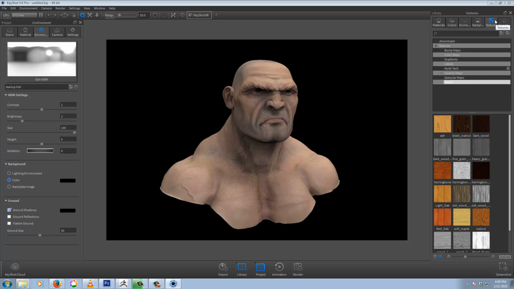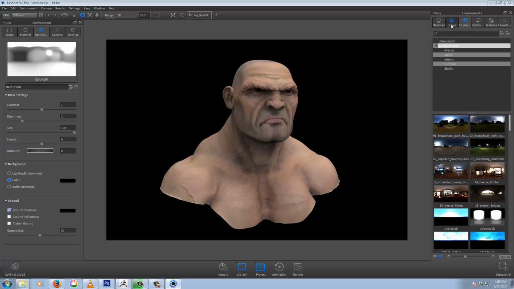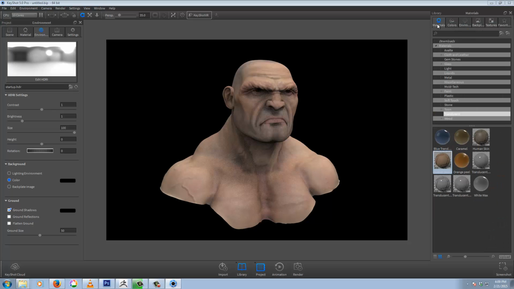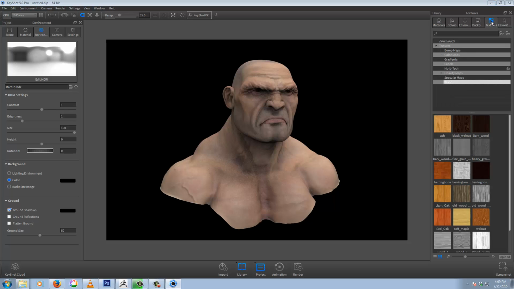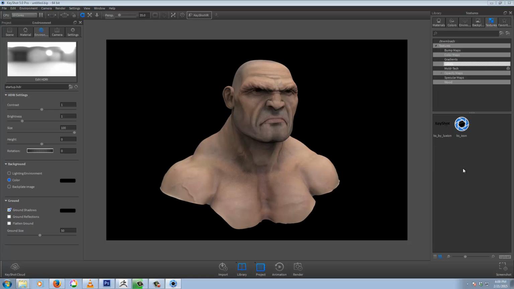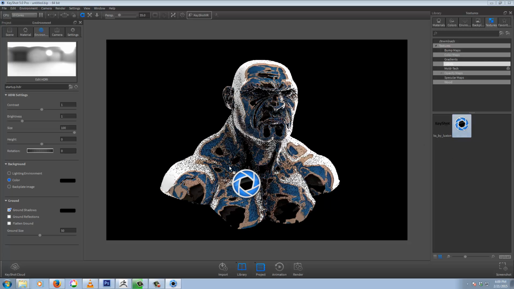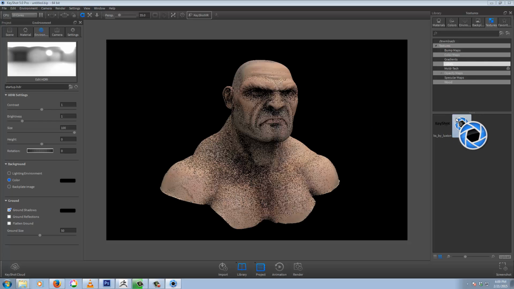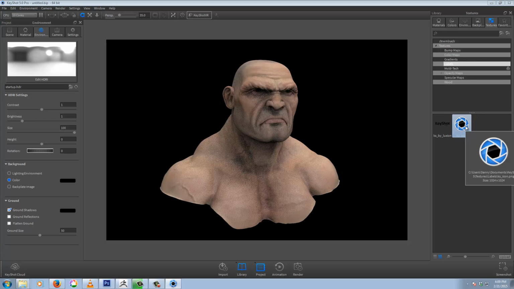Labels, I don't really use them that much, but materials, I thought they were in textures. Oh yeah, sorry, labels. Basically labels are opacity mapped, so if I drag it on, let's drag it on like that. Usually you drag it on as